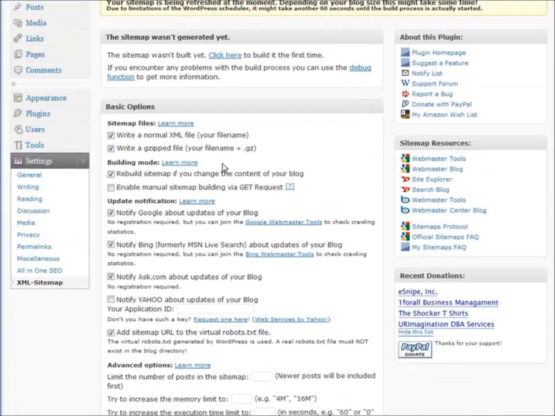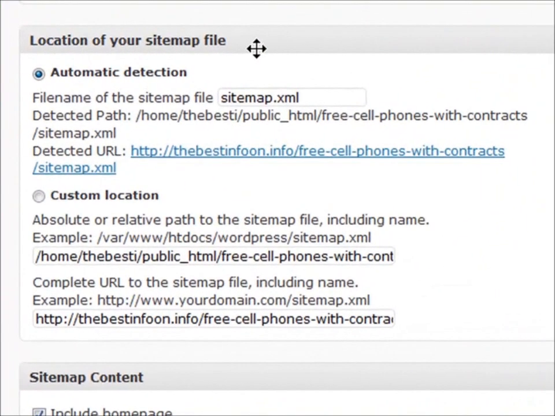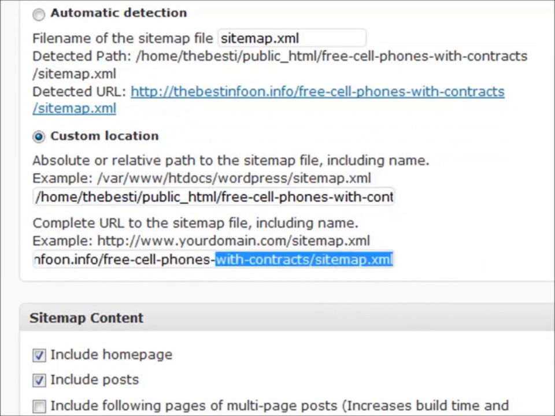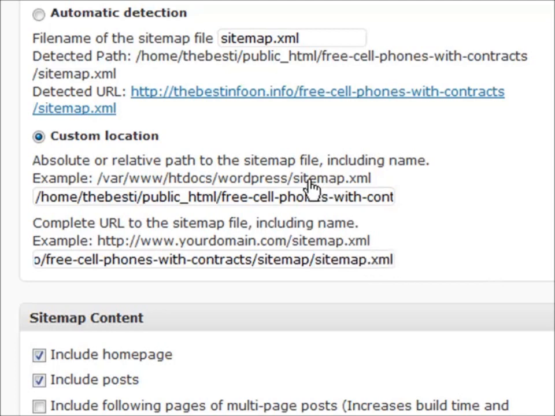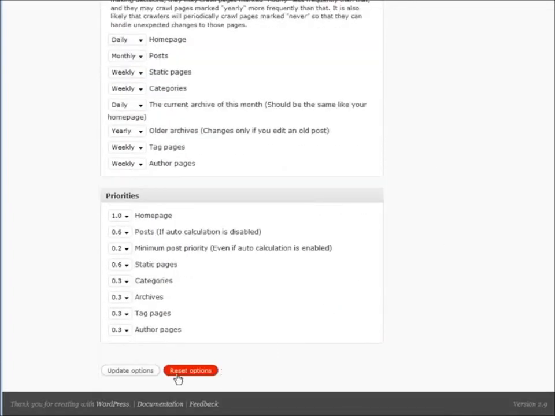Alright, now let's go back here, and what we want to do is roll down till we see location of your sitemap file. And what we want to do is use a custom location. So click on custom location and then go to the end here, and then just before sitemap.xml put the folder name that we just created in there. So we put in sitemap and a slash. Okay, so we have cell phones with contract /sitemap/sitemap.xml. We need to do the same thing in here as well. Sitemap/sitemap.xml. Now what we need to do is just go to the bottom, click Update Options,